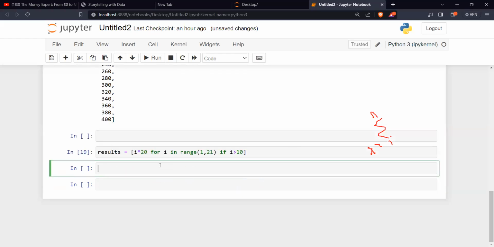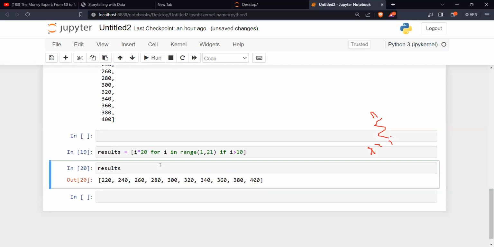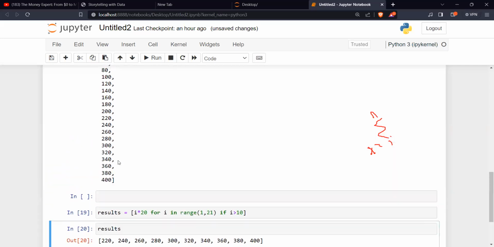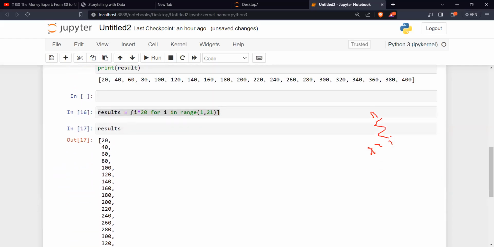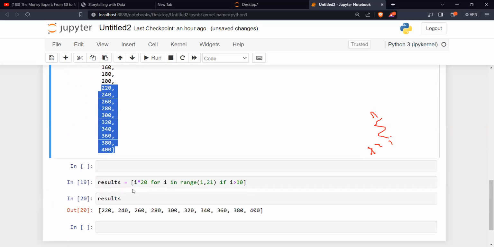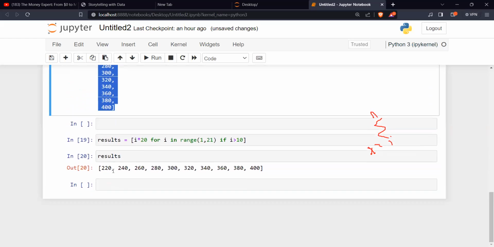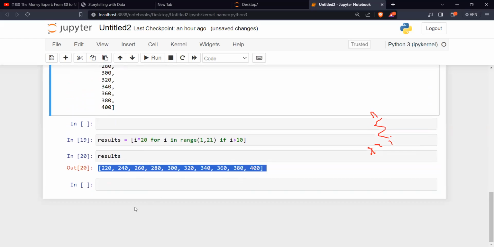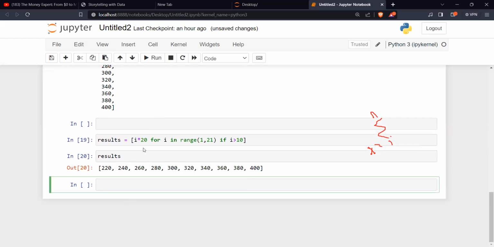So let's see results. So it's going to start from where? From 11, is it not? So you start from here. Can you see that? So that way you are seeing up to this point. Have you seen it now?